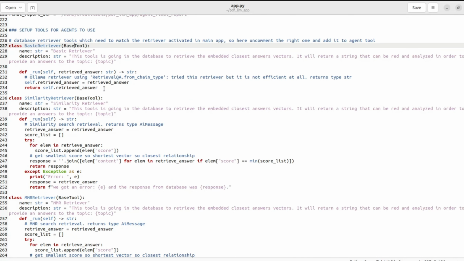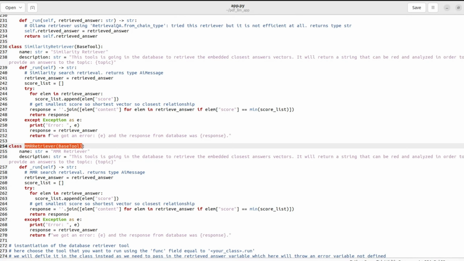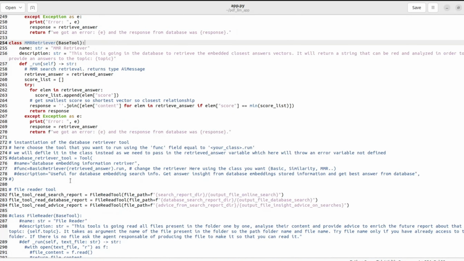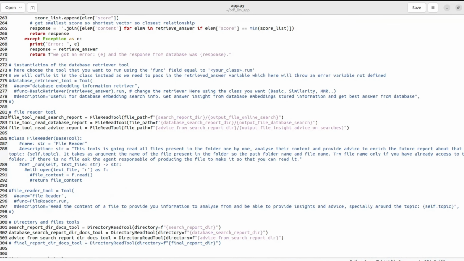defining different tools. This is the basic retriever, similarity retriever, MMR retriever, but I'm not actually using those. I'm using another one: file tool, read search reports. So this is to read the reports. So these are tools for the agents to be able to read the reports